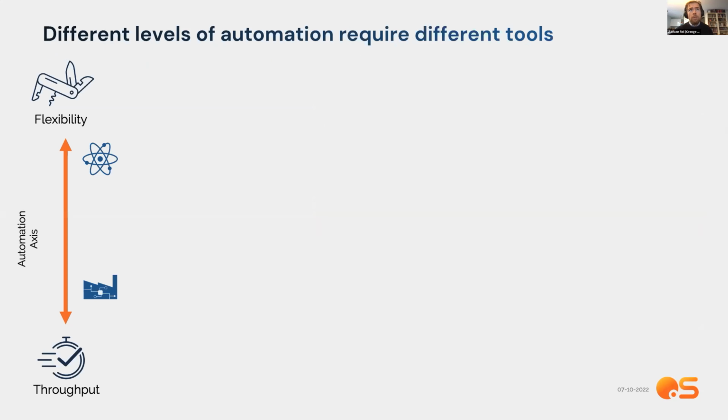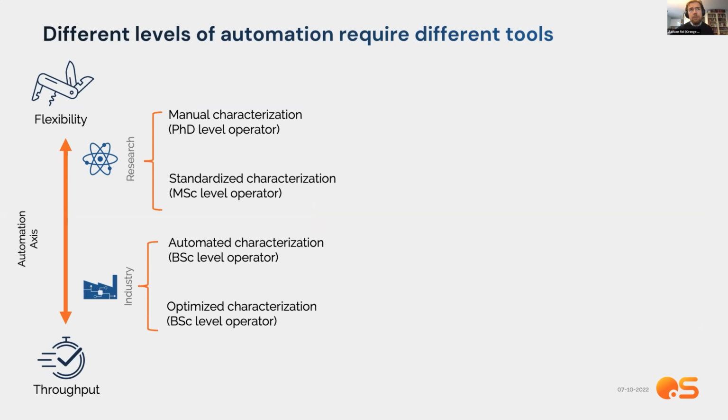To make matters more complex, there's actually a bit of a trade-off here, because we're always talking about how we want to go faster, we want to automate it, we want higher throughput. But the moment that you're doing that, you're actually losing flexibility. So the moment that you're still trying out new control schemes, when you're still deciding, let's say, should we use fluxoniums or transmon qubits? Are we going to put in a tunable coupler? What kind of design are we going to have? At that point, you want to be highly flexible and really be able to define your own protocols, prototype it, and have all the flexibility. And that also requires a PhD level operator.